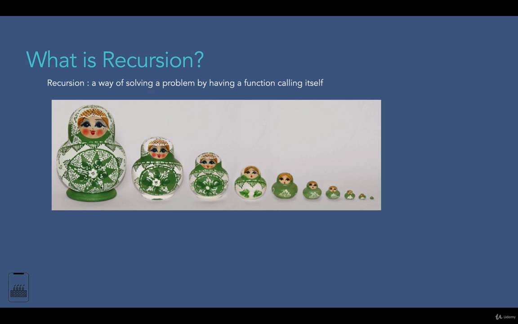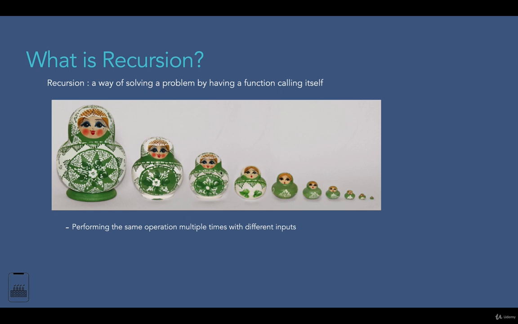The first property of recursion is performing the same operation multiple times with different inputs. We perform this process of opening Russian dolls multiple times, and every time we open a doll of a different size, which means that the input is different. First we open the bigger one, then we continue with the one which is smaller, then again smaller, and this continues until we reach the smallest one that cannot be opened. Here we opened 10 different sizes of Russian dolls. Notice that the process of opening all these dolls is always the same. That's why the property of recursion says the same operation is performed multiple times.